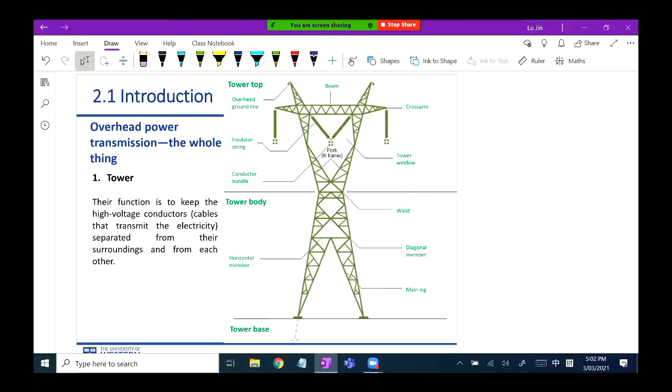First of all, the structure body of the tower, which includes, you can see on top, a beam, right? And also you can see the cross arm and the tower window. So they are all the structure of the beam, this infrastructure stuff. Our cables are hung at different positions. In most cases, the ground line will be hung at the top. Very, very sharp tip. Can you see that? There are two small tips on top. So you can see the overhead ground line. The ground lines are hung over there. And at the middle part of the tower top,